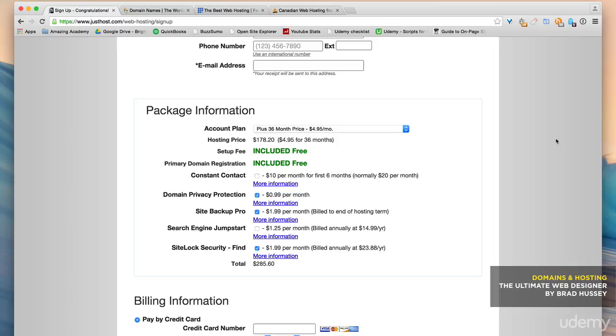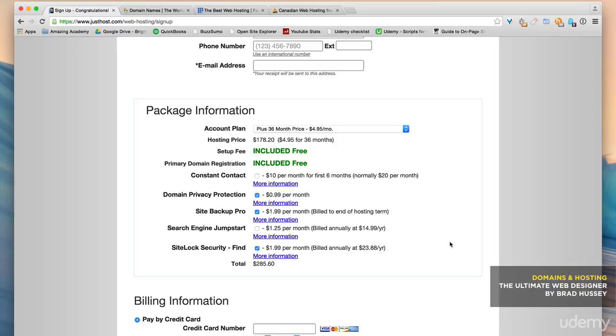Typically 36 months, because after that, every hosting package, this is what you need to know, goes to their default price, which is more expensive than the starter price. So $4.95 a month, $2.95 a month, whatever these other hosting providers are telling you, that's their starter price. Once your plan expires and you get rebilled after your 36-month period, it's going to go to its base price. For Just Host, I believe it's maybe $7, $8, or $9 a month. So in some cases, double. Same with all these other plans. And I found out that the hard way.